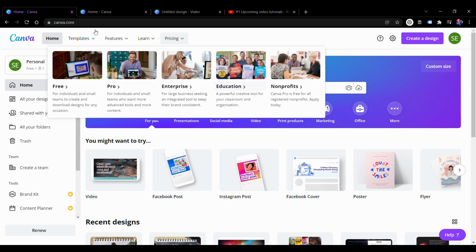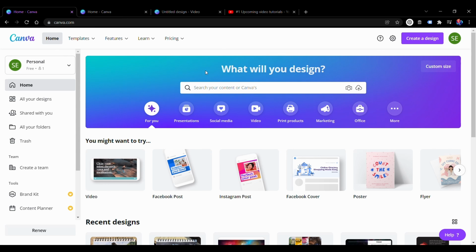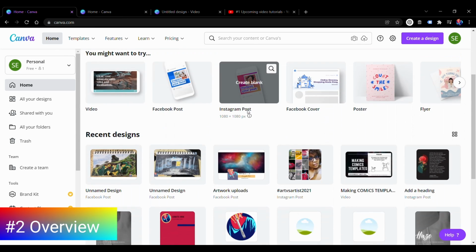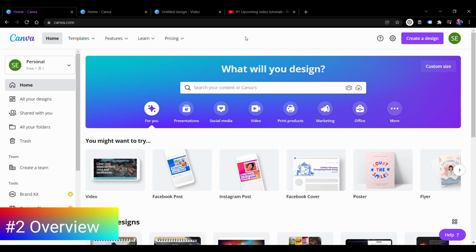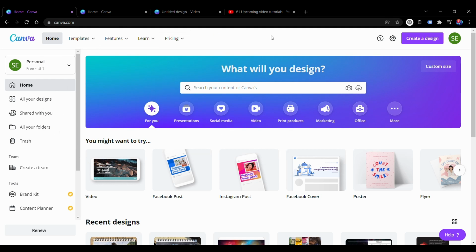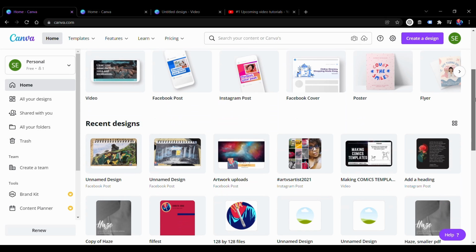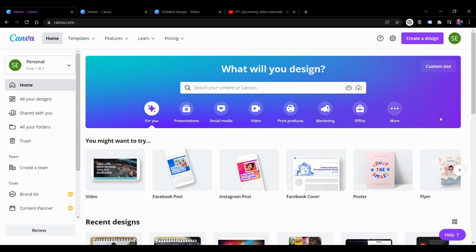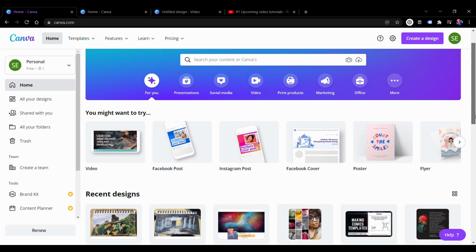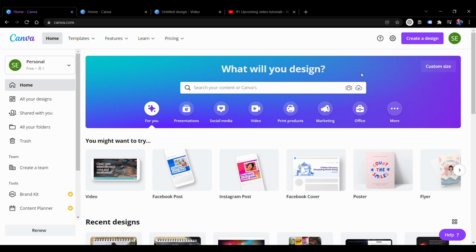Let's head back to Canva and in this browser based tool, you do have an option to create video, but what I want to do is give you an overview about this whole tool, because apart from videos there are multiple other things that you can do, and this tool comes in pretty handy, and I have been using it